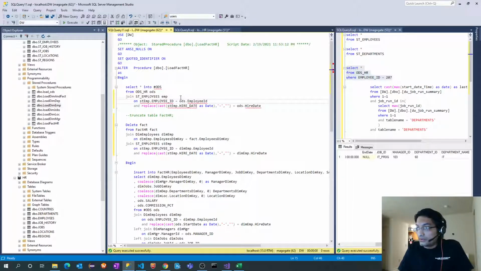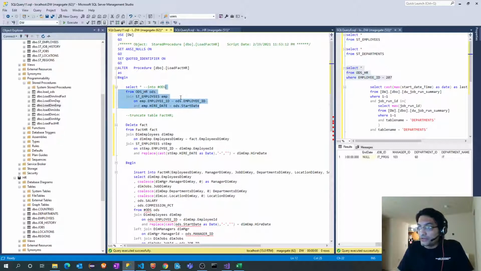ODS.start_date. This is perfect. And again I need to check the data here. EMP, ODS.employee_id. This is perfect. And I don't think I need to convert it here.